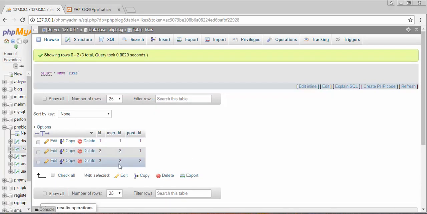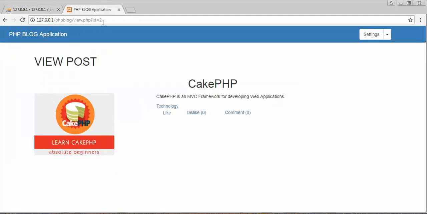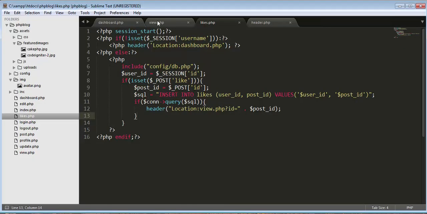Okay, so now let's come here and we need to get the details from the likes table, and we need to display those details here beside our like button. So for that we need to come to our view.php file, and below this input field we need to write an SQL query,